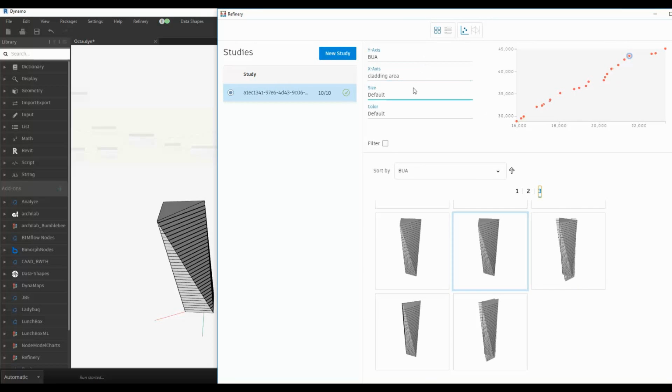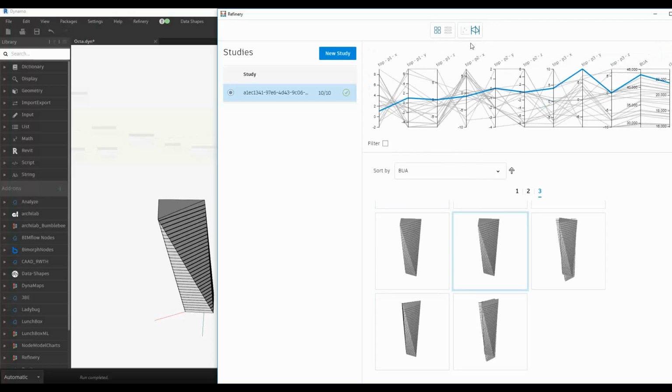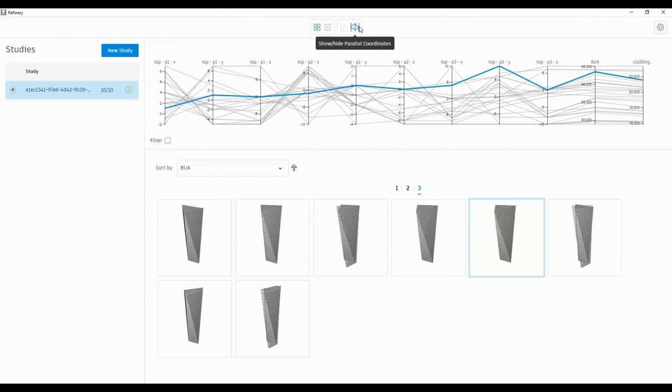Now here we can see that we have different inputs and different results and different numbers. We can also visualize this by colors and sizes. We can go to this view, which is called parallel coordinates. This one is really great. It helps a lot to filter the results. Now if we select filter and we go to built-up area and cladding area, these two columns,